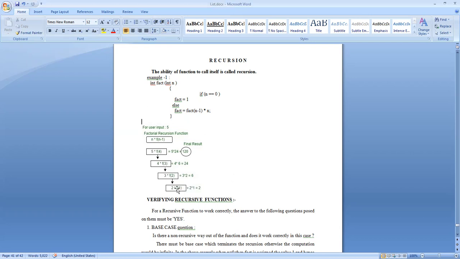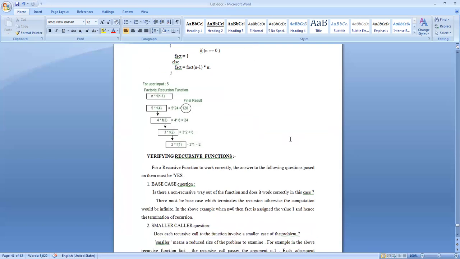So like this, f of 1 is computed, and using this f of 1, the value 2 into f of 1 is computed. Then this value is given to this point here, and these things are computed. This value is given to this point, these values are computed, and finally 5 into f of 4 is computed. That is how this recursive function is working. We use a kind of stack here in this recursive calculation.